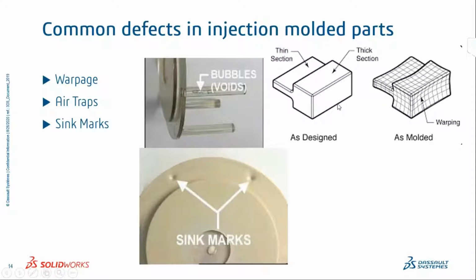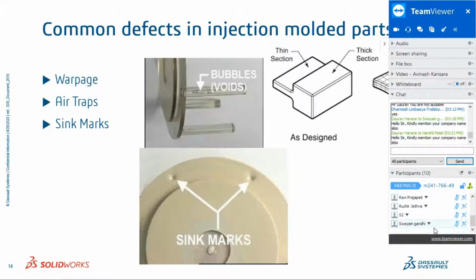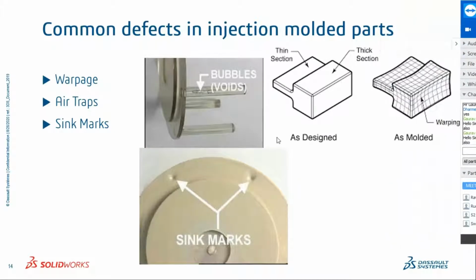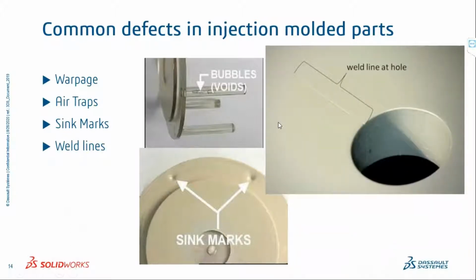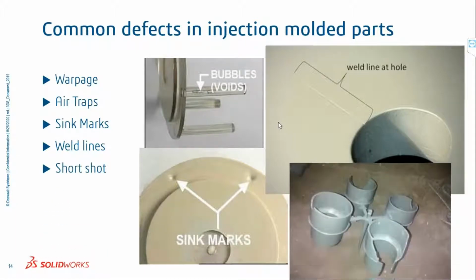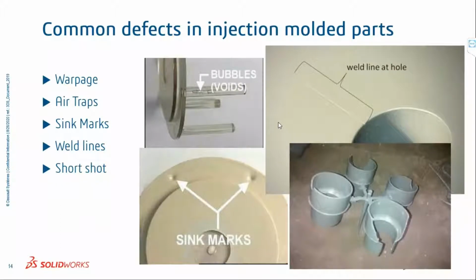Then there are sink marks, right? So there is a depression in my model. There will also be weld lines coming up in my model where two flow fronts meet each other. Then there can also be short shots, where my cavity is not getting completely filled, so the final product outcome is a very defective one. Likewise, jetting is also one of the defects, etc.